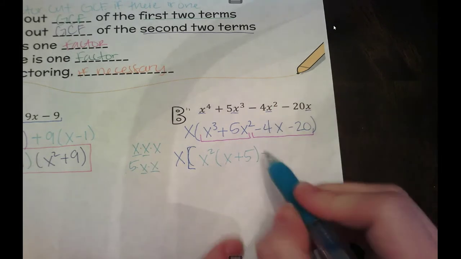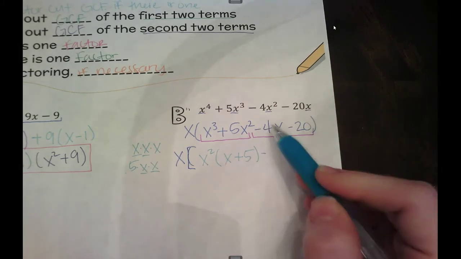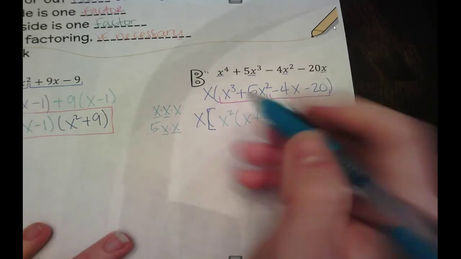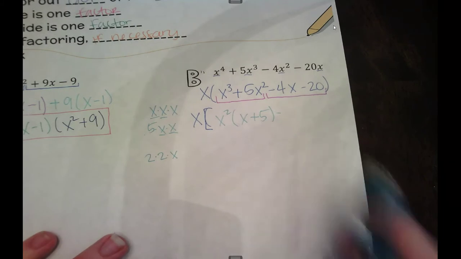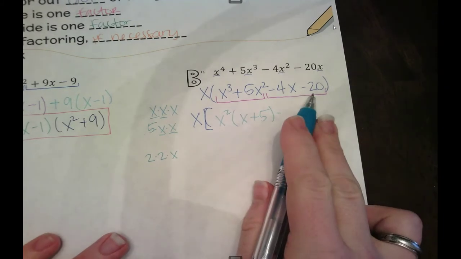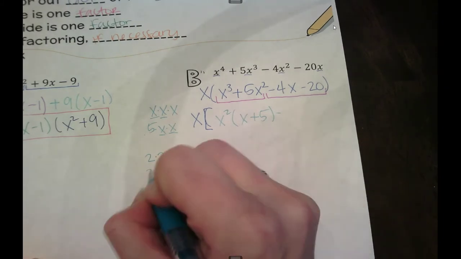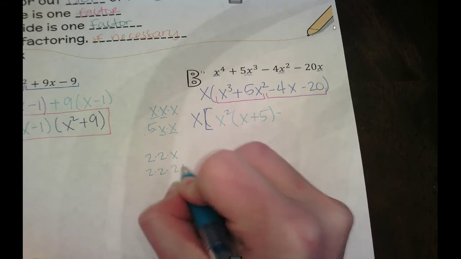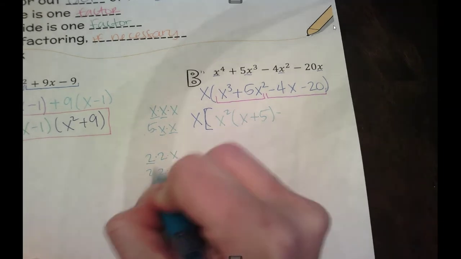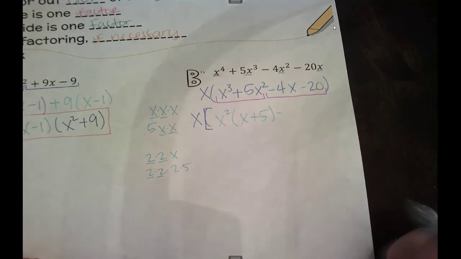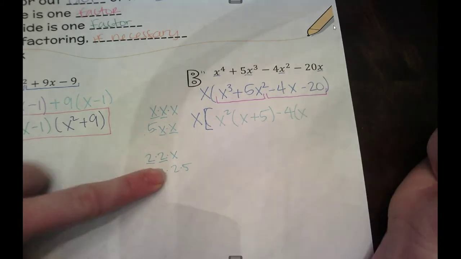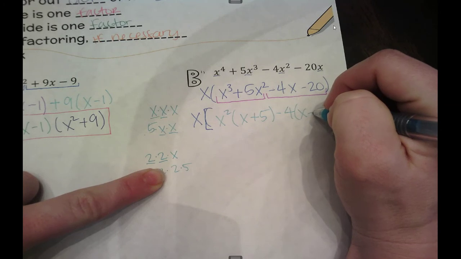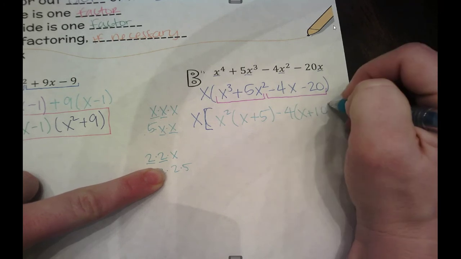Okay. Remember that the sign travels down here, and I'm looking at the common factor between these two. So factors of 4 are 2 times 2, and then times x. The factors of 20 are 2 times 2 times 5. So what do we have in common? We have this 2 and this 2. So 2 times 2 is 4. And when I take out that 4, I'm left with x. And when I take out that 4, I am left with